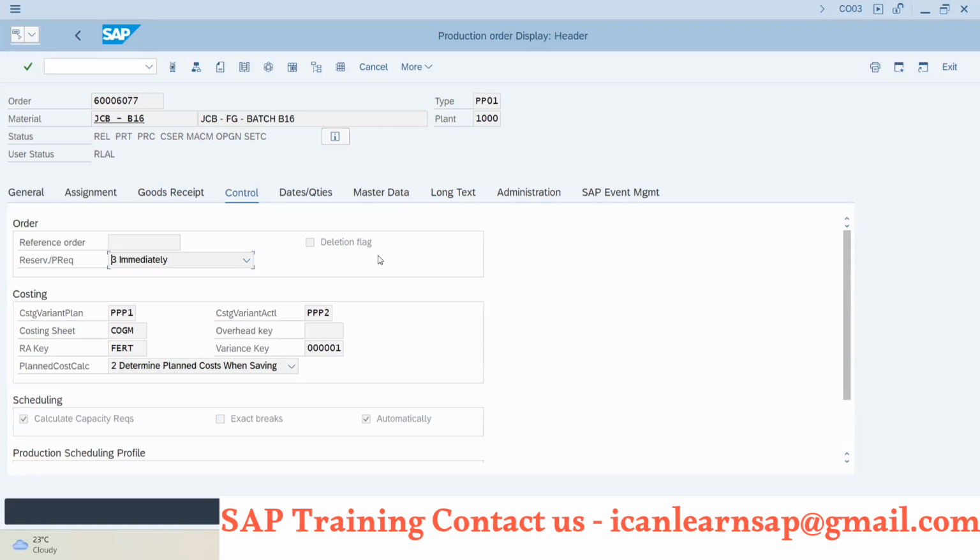But at the end of the production of 10 JCB, we found that one JCB engine was totally damaged or not working, it was defective, so we have to replace it. So that engine was scrapped.